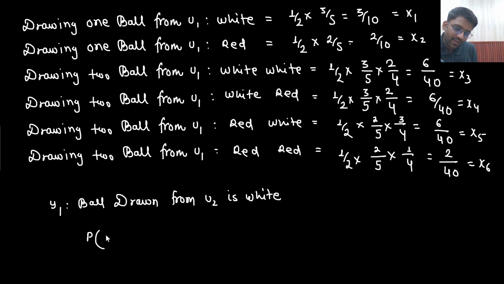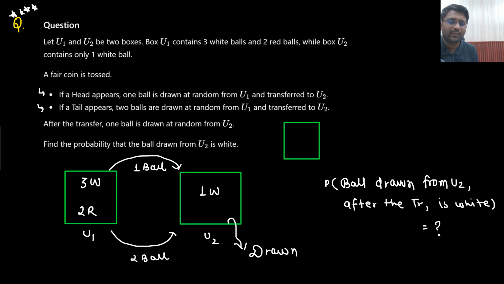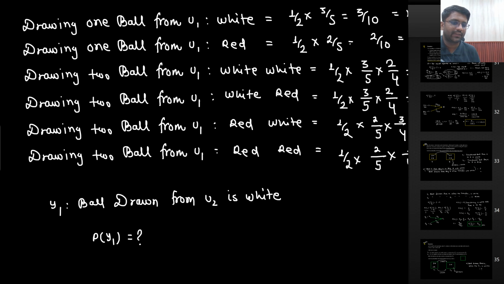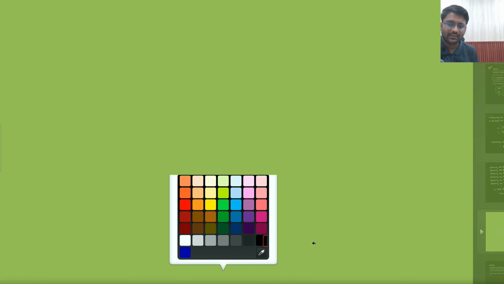So you are supposed to find out the probability of y1 by x1. Sorry, no. You are supposed to find out the probability of y1 only. Now you know that these 6 events are there: x1, x2, x3, x4, x5 and x6. I know their corresponding probabilities as well. All of them will be going to one guy, which is y1. So the probability of drawing a white ball,